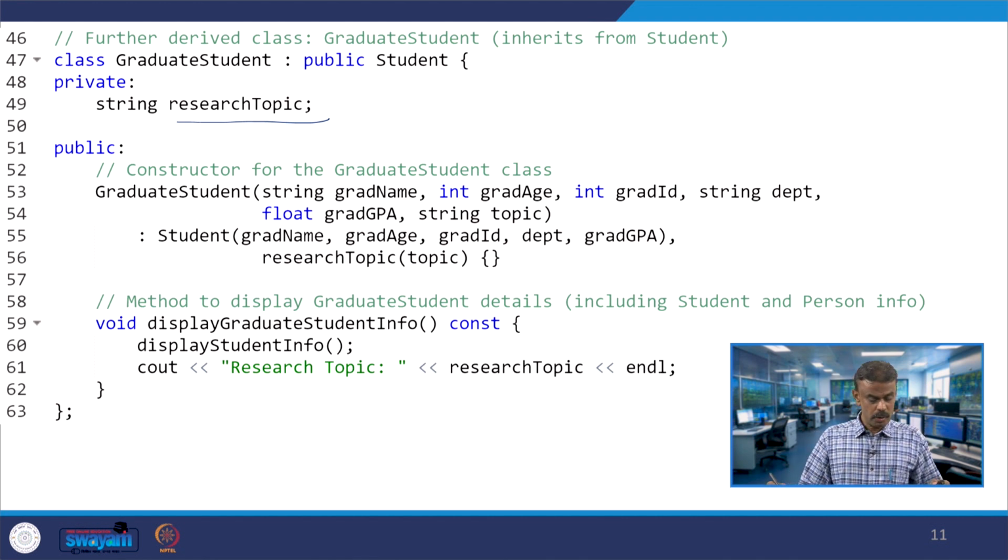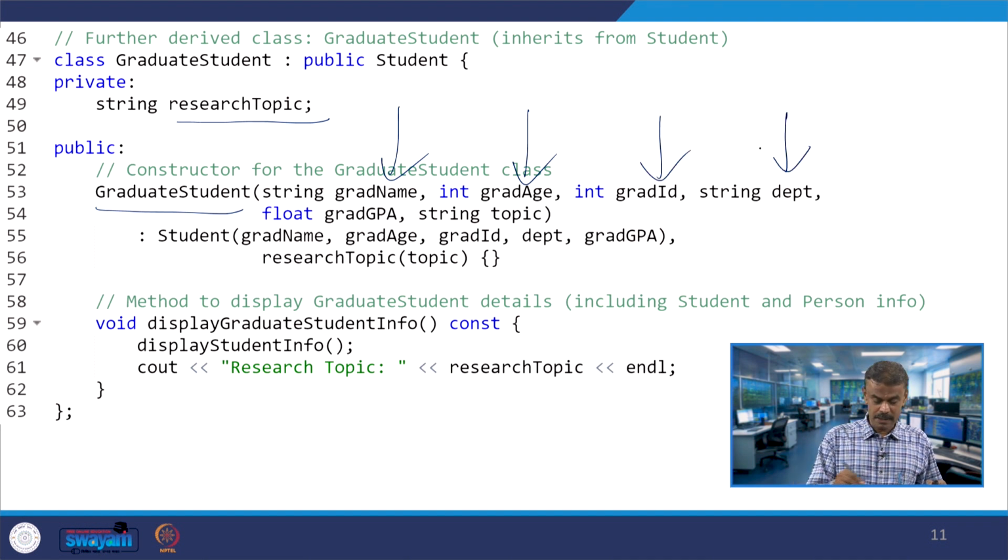So, now you have the graduate student constructor. Here you have 6 parameters: grad name, grad age, grad ID, department, grad GPA and topic, correct.